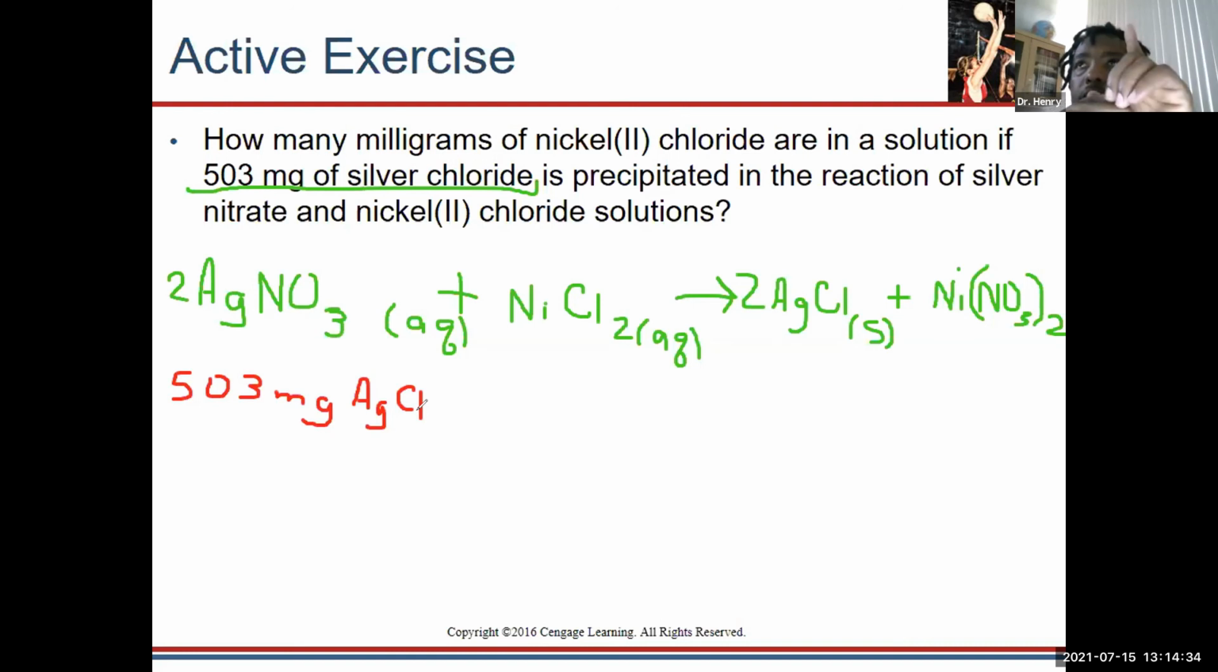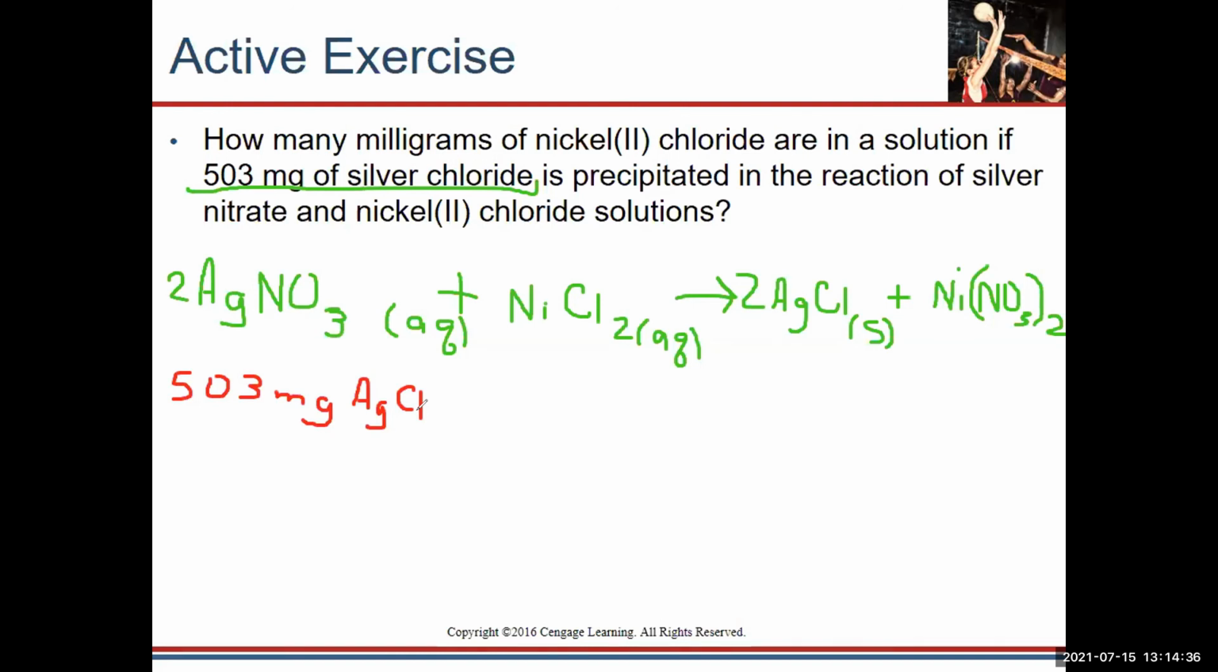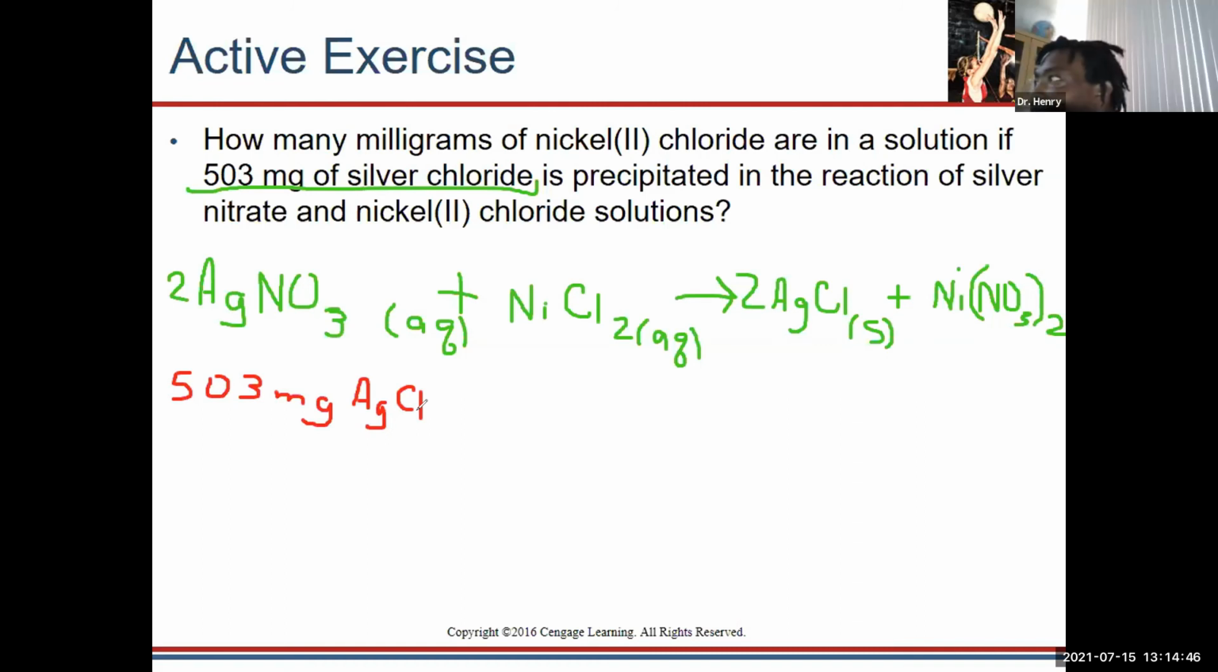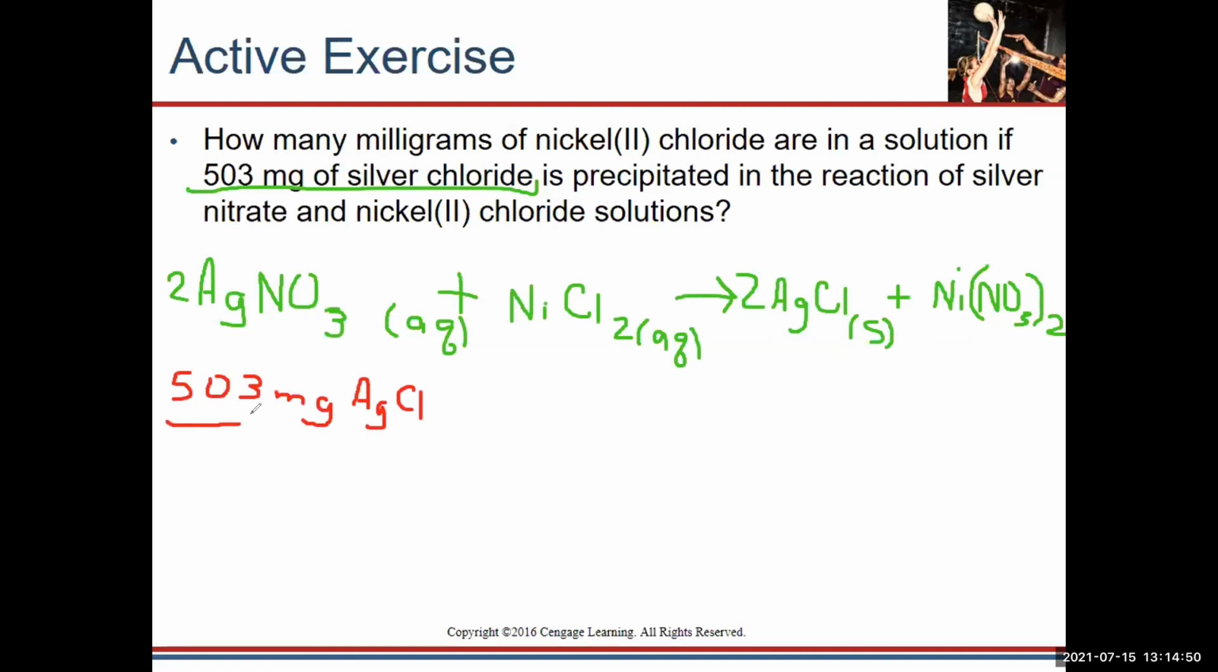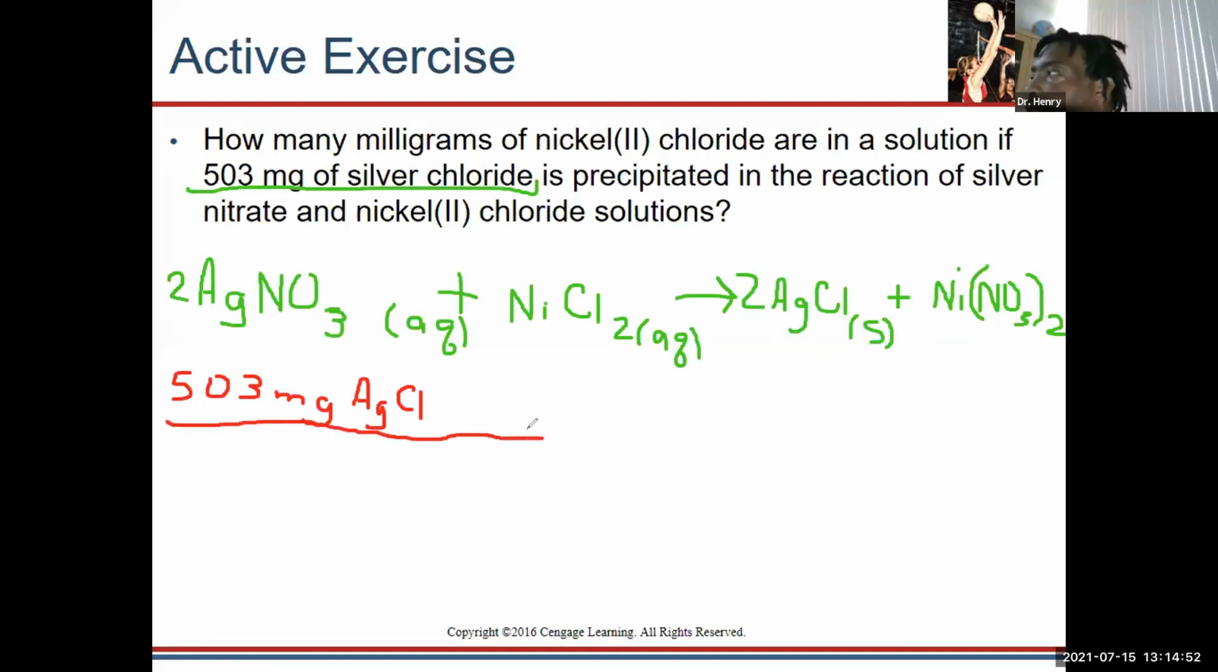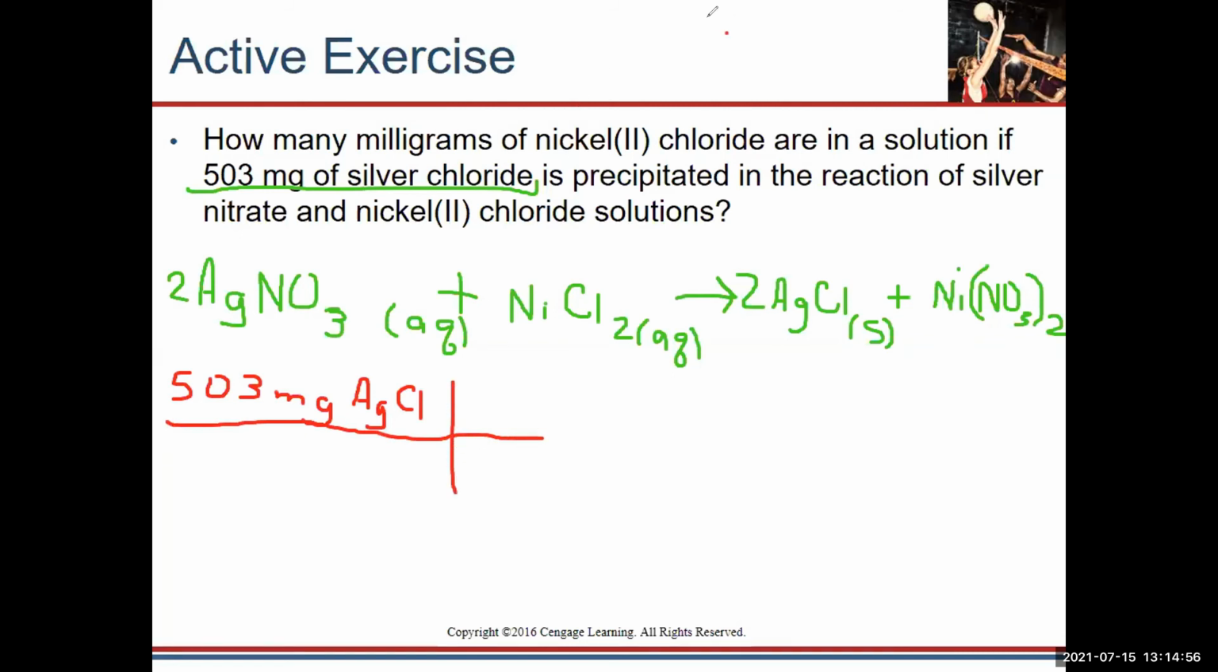The first thing that I want to do, since this is mass, is change it to what? Moles. That is correct, Alyssa. We want to change it to moles. So how would I change this to moles? I would basically use the molar mass. Now I'm going to tell you a little secret. So if I have grams per mole,